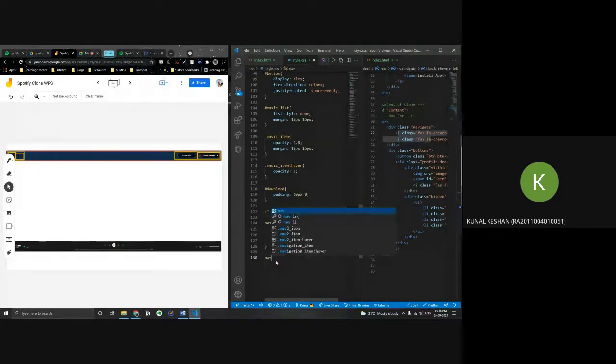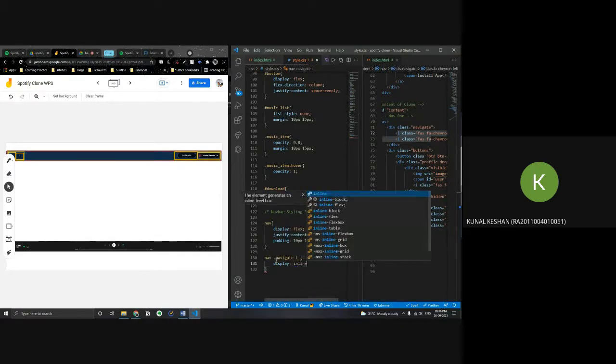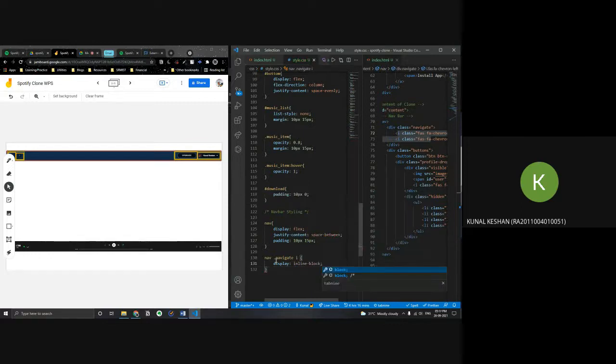So let's just go nav. Within the nav we'll take the navigate element, and within the navigate we want the icon, right? So the I tag we'll target, give it a display inline block, because icons are basically inline elements and you can't give margin top and right, so we want to give that, which is why we're putting display inline block.